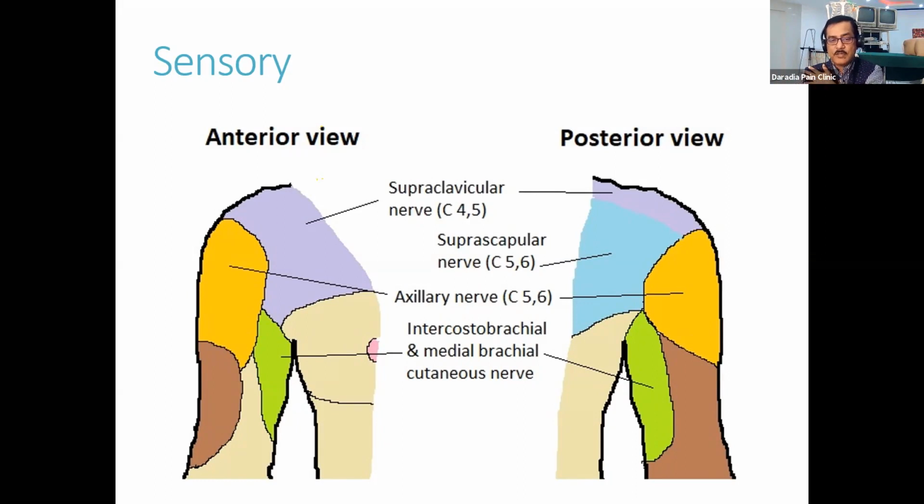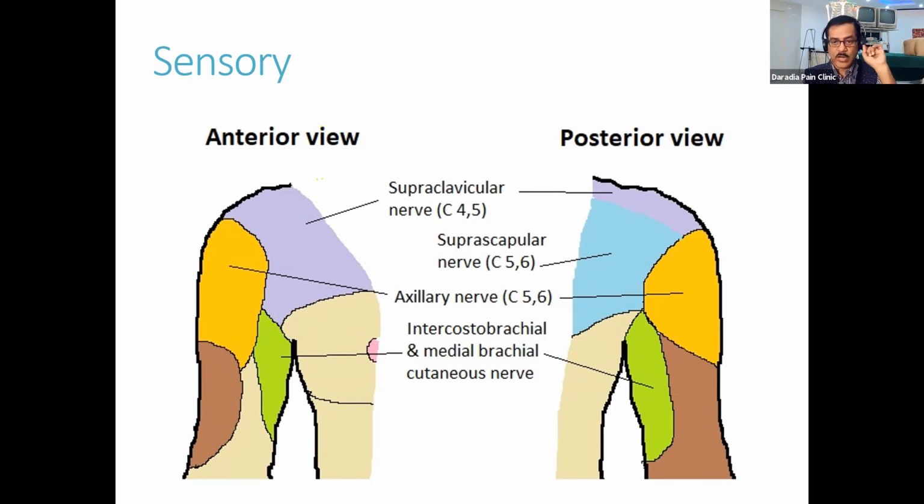So here, the supraclavicular nerve from anteriorly and top, posteriorly you have the suprascapular, and laterally you have the axillary. But for the glenohumeral joint itself, posteriorly it is the articular branch of the suprascapular, laterally the articular branch of the axillary, and anteriorly it is the articular branch of the lateral pectoral nerve. Okay, and all these articular branches can be denervated individually to give very good pain relief from the glenohumeral joint. And as I told you, the suprascapular nerve block at the suprascapular notch is obsolete.